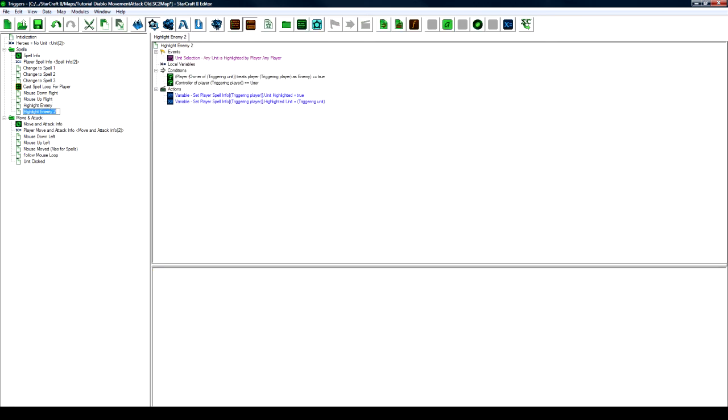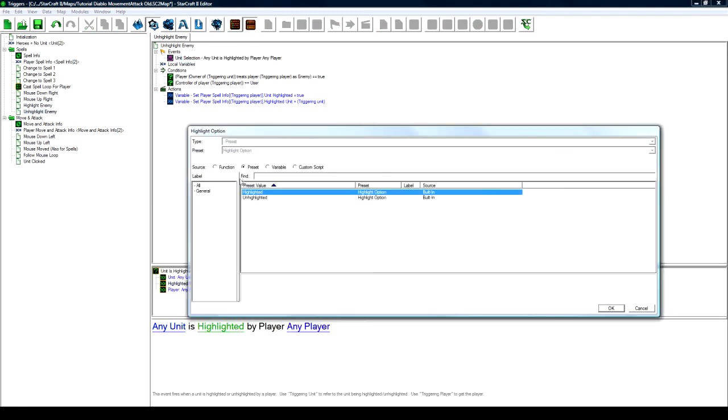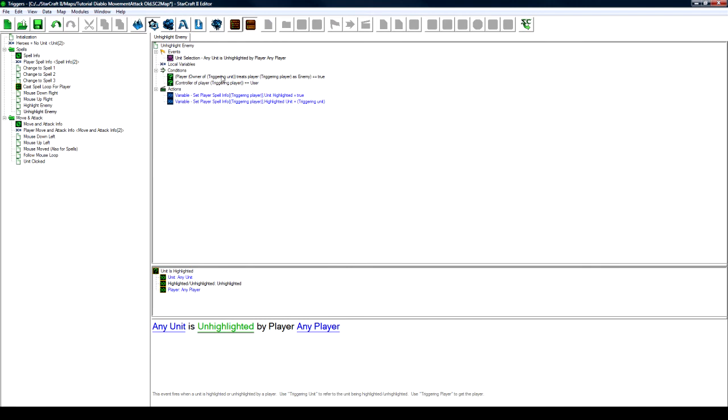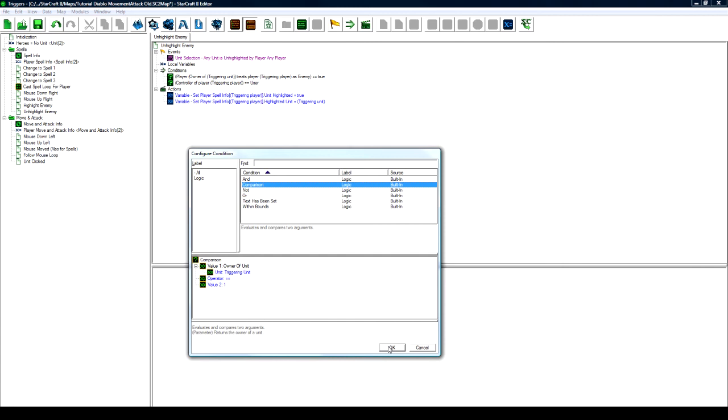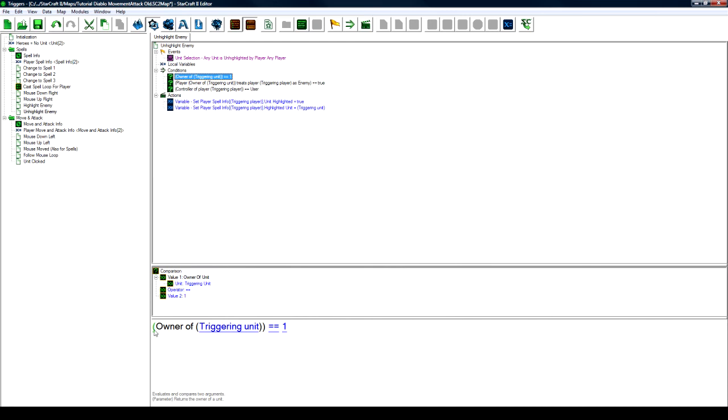And let's copy paste this trigger and call it unhighlight enemy. It's probably not grammatically correct, but not a huge deal. Unhighlight enemy. And the event is when a unit is unhighlighted. And this event, I think both these conditions are actually good still, but we want to do one more thing. One condition before these two, make sure it's before. A bug that happens, I think, when you cast two spells after each other. It's some weird bug that basically causes a player 16 error. So add a new comparison condition, change it to be,